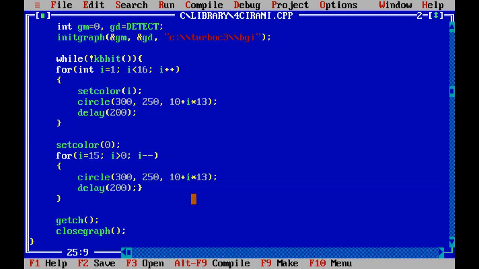In this way, it seems the circles appear one by one and vanish one after another. And by the way, the result yields the animation. Okay. Now I would like to run the program once more.